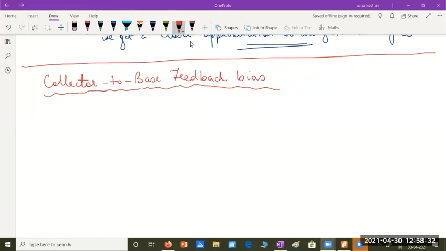If sir explains about that design in today's class, it's fine. If not, I will surely explain it here. That is also another efficient way of designing the voltage divider bias. But unfortunately, the same thing is not followed in your theory, in your textbook. This is another method of design. I'm not telling this is not efficient. Even this is good enough. Okay. So for your theory, you remember this method.